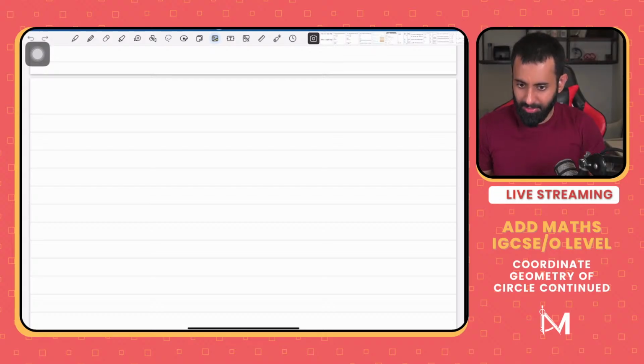Sir, how many significant figures do you have to write? Dekho, three significant figures, unless the question says otherwise. However, if it's an angle in degrees, then it's correct to one decimal place. That's what it says on the question paper. I think it's pretty clear. So yeah, that's the answer to your question.